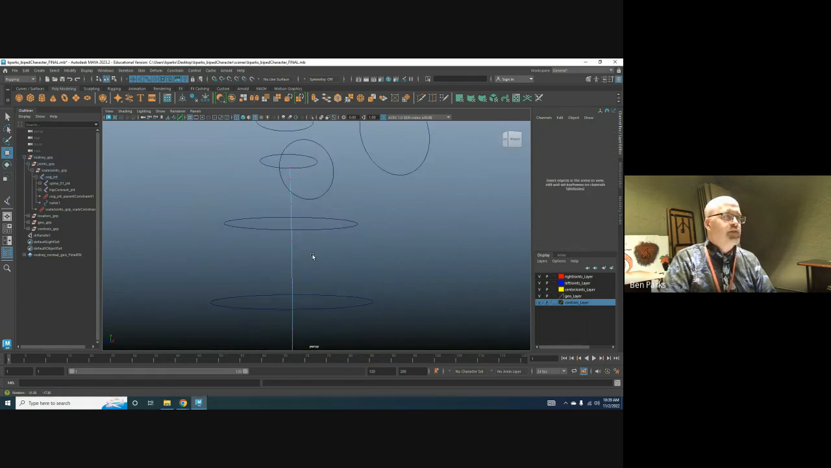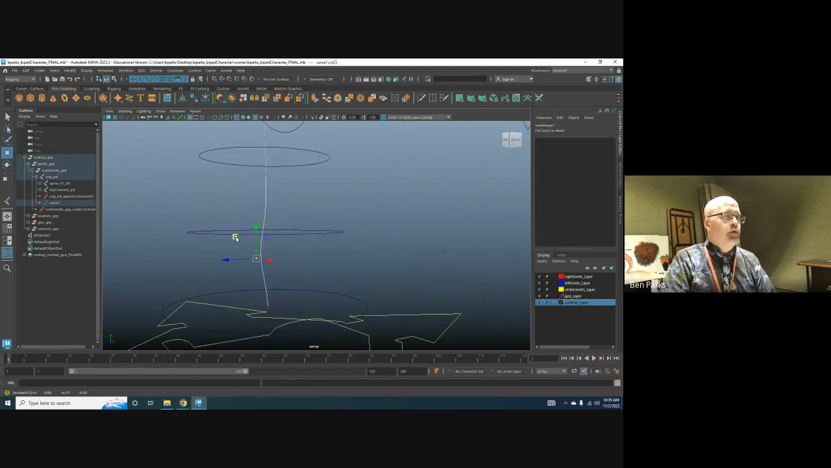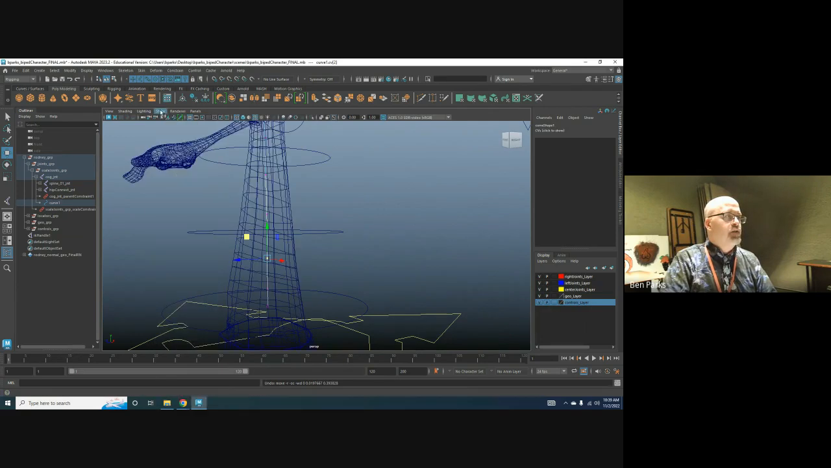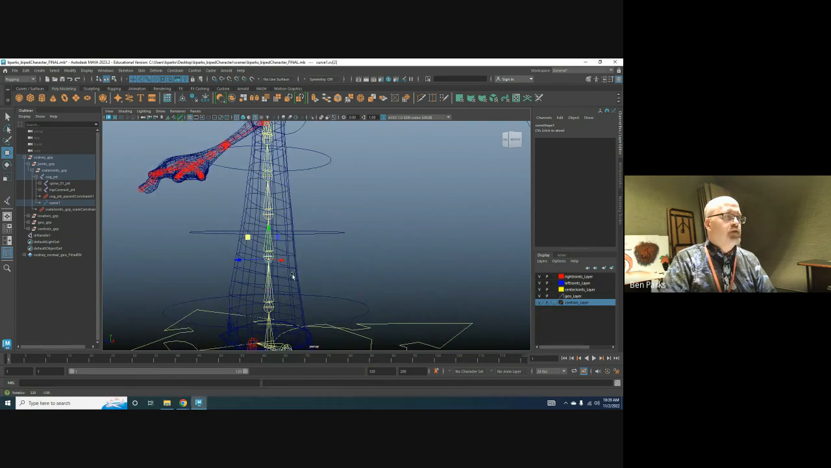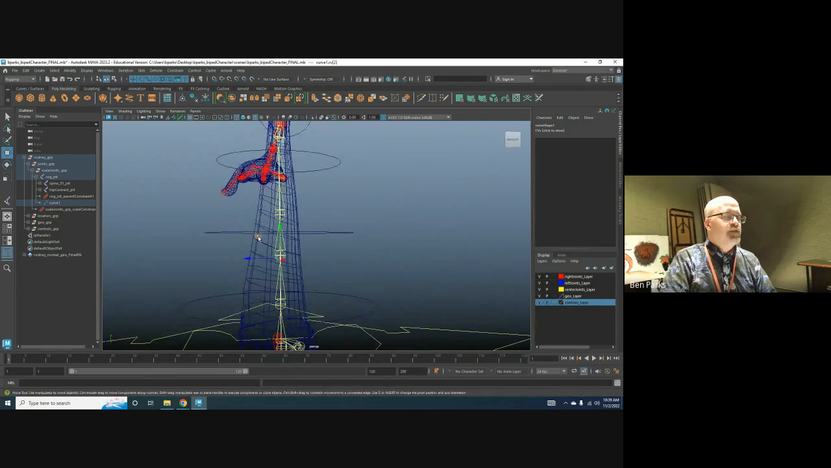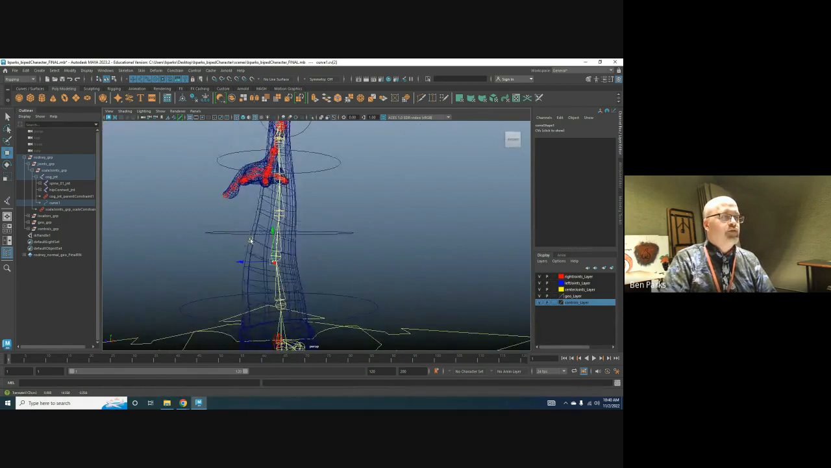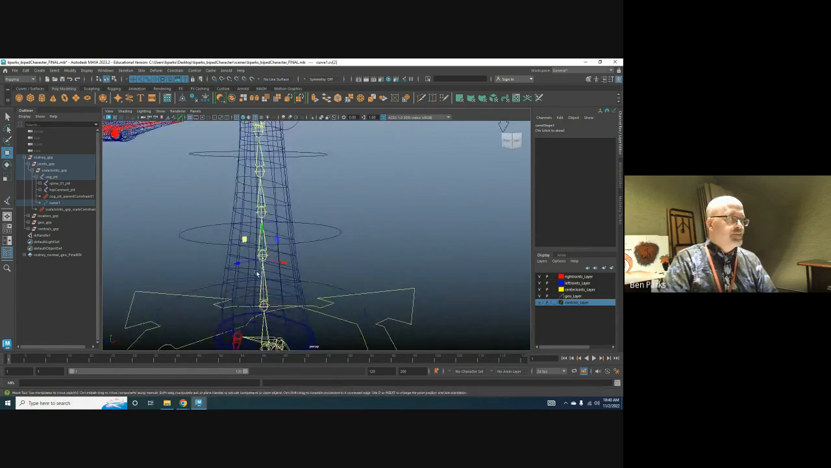I can go in and select the vertices, right? And I can move them around. Here's the thing. If I select the vertices and I show my joints, you'll see that the vertices, the curve shape, is what controls the joint positions, right? And because the skeleton is controlling the mesh, it's controlling the mesh, right? So what we're going to do with this,